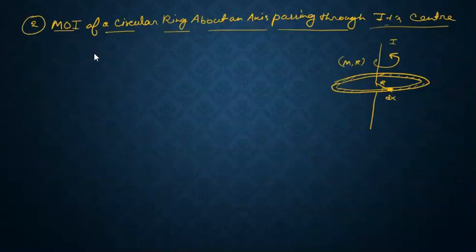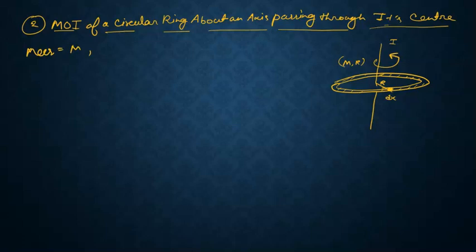And in this way, next we will find the moment of inertia of a circular ring about an axis passing through its center. Well, in this case also the first step is to find the element. We have taken an element of dx, and in the case of a ring you can see that all the elements which we will take are at the same distance of radius r from the axis of rotation. So we don't have to vary the distance, we just have to vary this element, right? So in this case also,